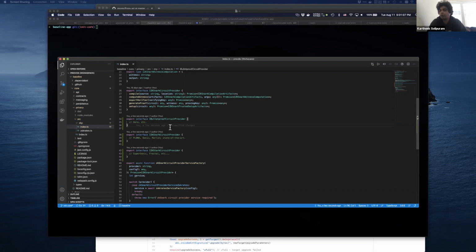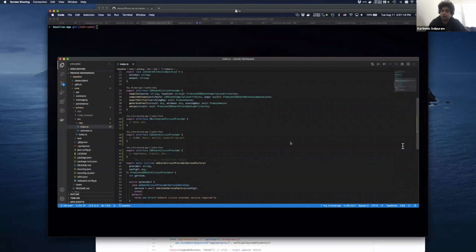Now, that's a larger goal, but at least from an abstraction point of view, we want to be able to provide different types of ZKP providers that will be integrated with the overall work group itself, where there is a common way to verify any such form of, say, privacy-enabled